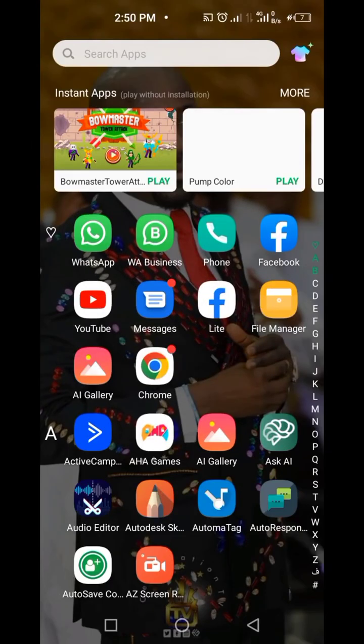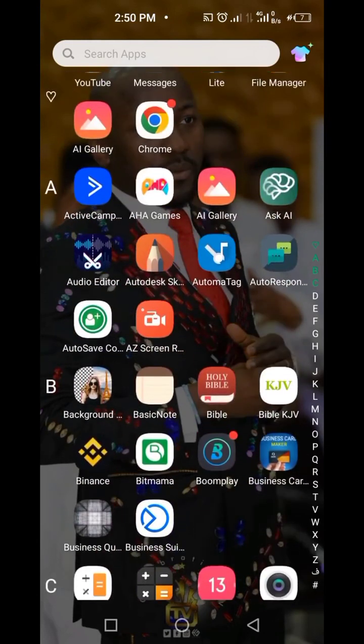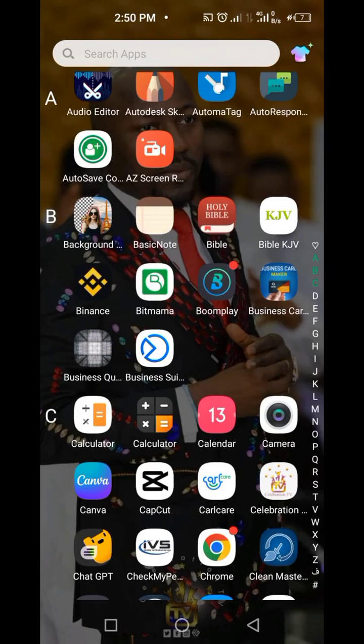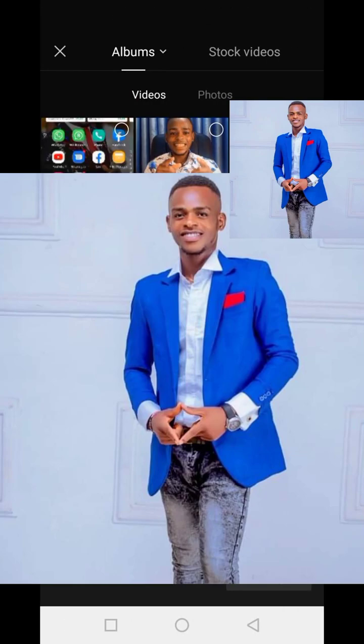Let's get started. So the first thing you need to do is to go to your app. We are going to be using CapCut. So I will simply go to my CapCut. If you don't have CapCut, go to your Play Store or Apple Store and download. I will open my CapCut. So when it brings me here, I'll go to new project,